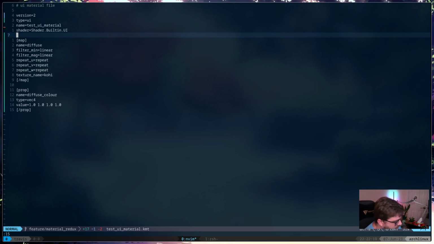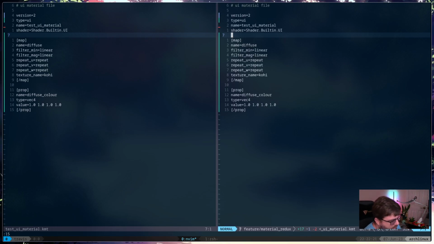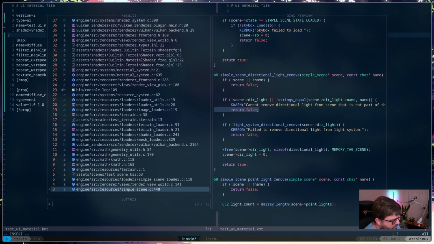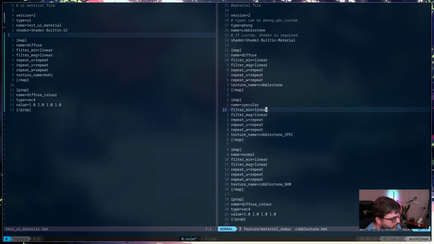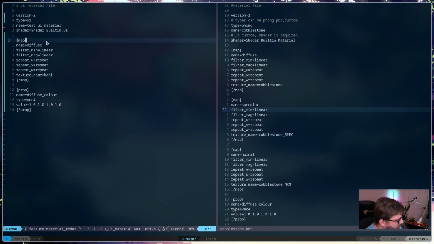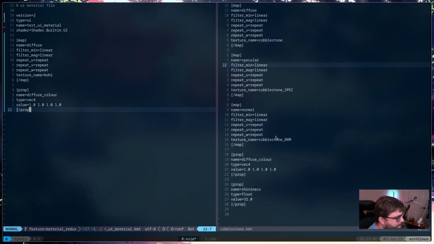Okay. What am I missing here? I think my format is correct here. So we have map, then we close the map, then we have prop and we close the prop. This isn't complicated stuff.